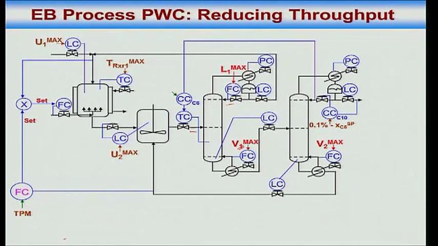Then what do I do? I change this from 0.09% to 0.04%, right? So this is what will take me from low throughputs to high throughputs. As I am going in the other direction, you see, as I am increasing throughput, I give up control of things that I was controlling as constraints become active. As I am decreasing throughput, I take up control of things that make economic sense. It doesn't make economic sense to unnecessarily recirculate too much in any of the columns.